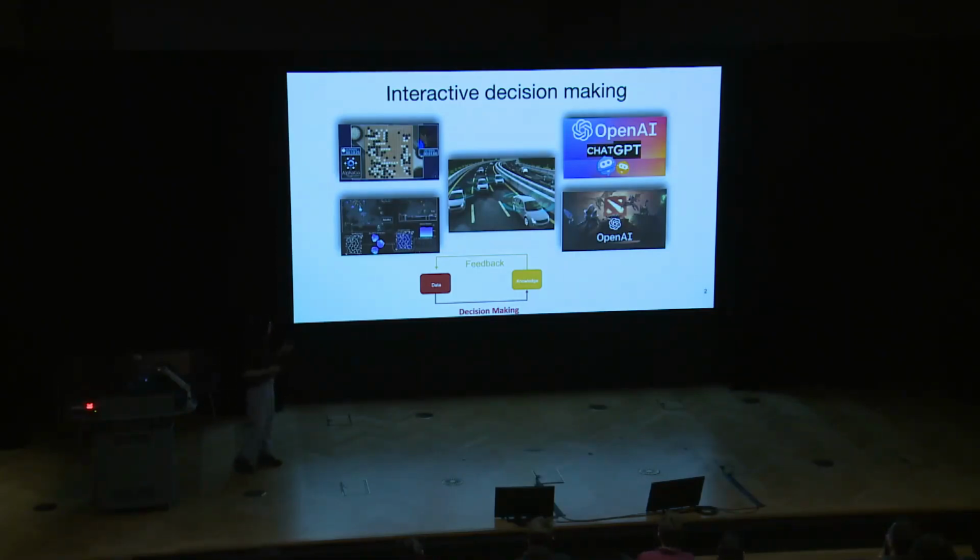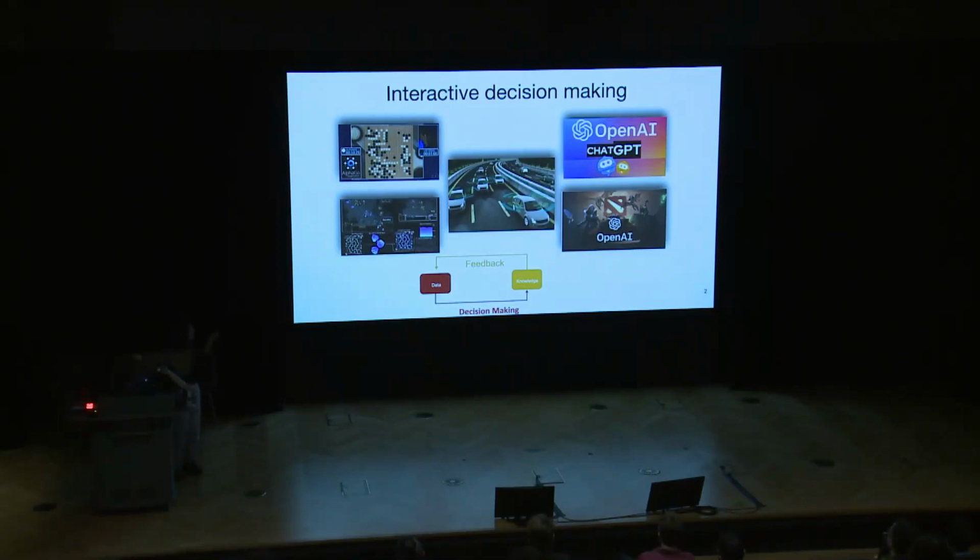And especially recently, people are talking a lot about ChatGPT. ChatGPT is a kind of conversational robot, and basically they have also used reinforcement learning in training their agents to be able to align with human values.